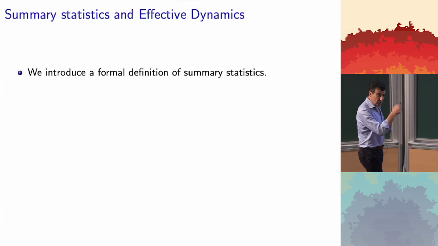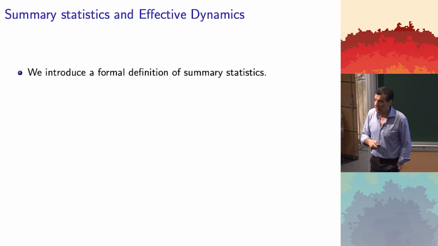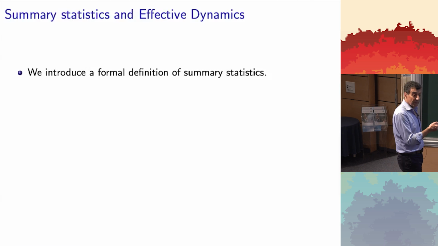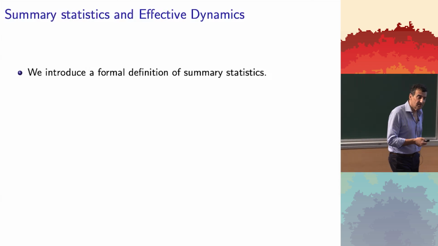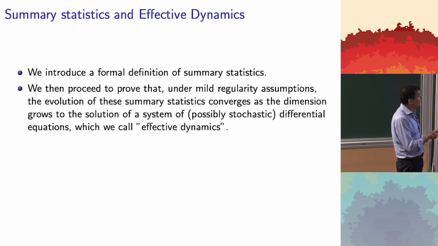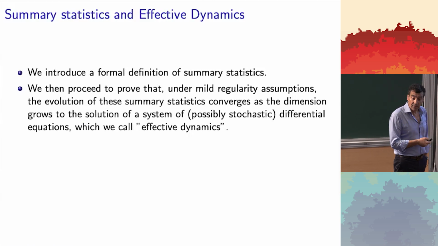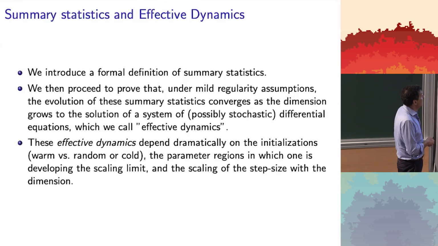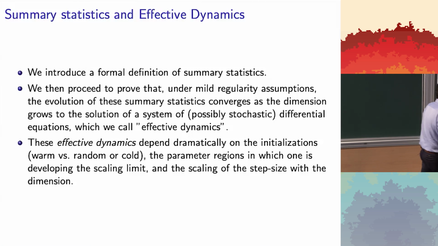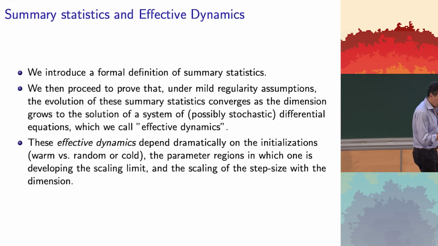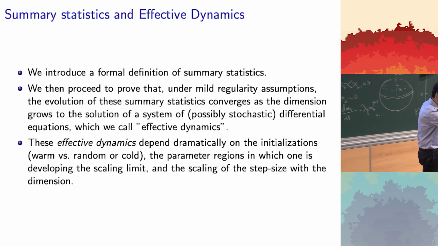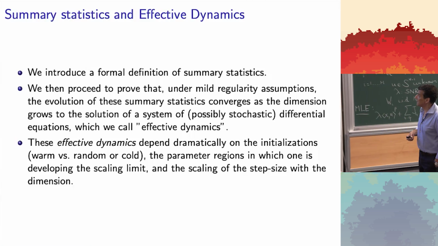So what I'll do in the coming half hour, I will introduce the formal definition of this projection, these summary statistics, then proceed to prove under some regularity conditions that the dynamics are indeed autonomous, and we'll call these dynamics effective. But already I should mention that this effective dynamics in dimension 17 depends dramatically